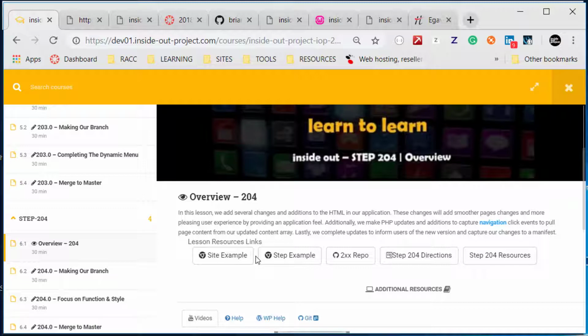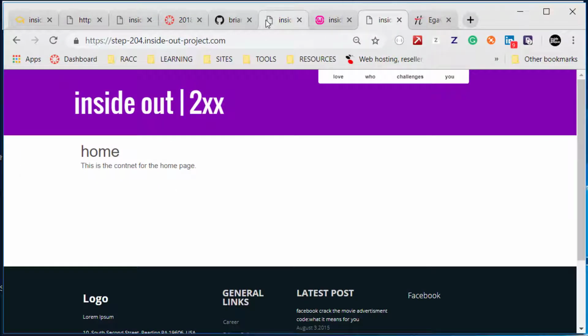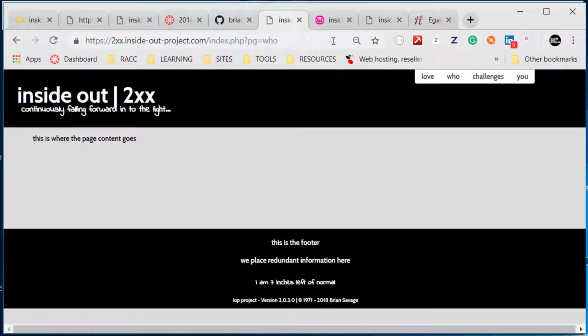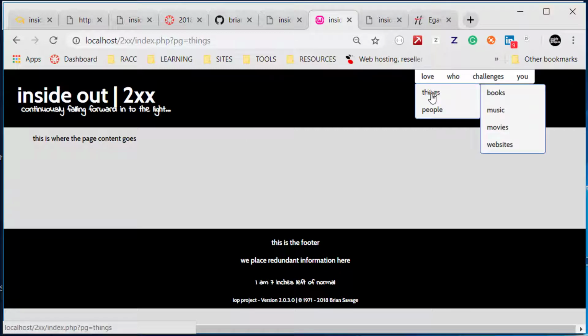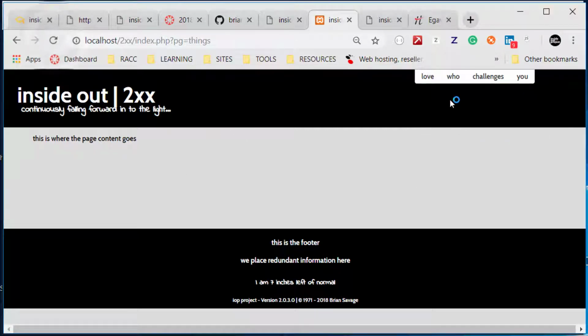We'll go ahead and from there, we'll check our localhost and make sure that we're good on there. So our localhost is right there, and we can see that we have our 2x loaded, and we have not started on 204. So that's 203, where we left off before. The next thing that we'll do is, of course, check our 2x site and make sure that that looks the way that it should. It should be in line with what our localhost currently has, and it is, and that's all good. So at this point, we'll go ahead into Atom,